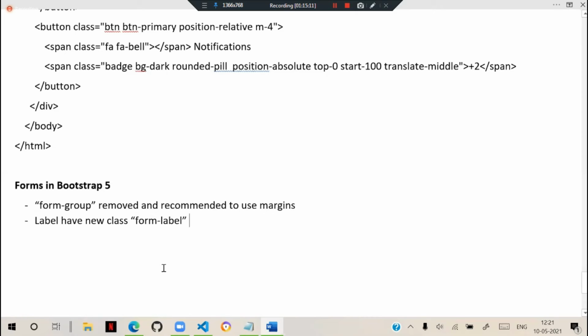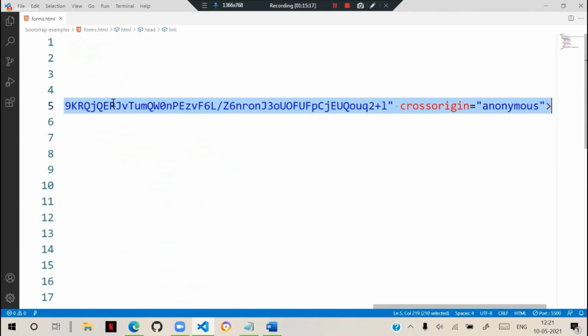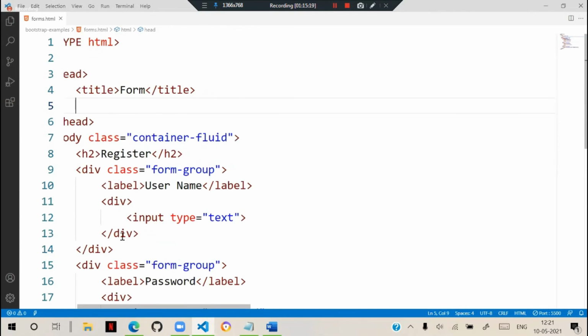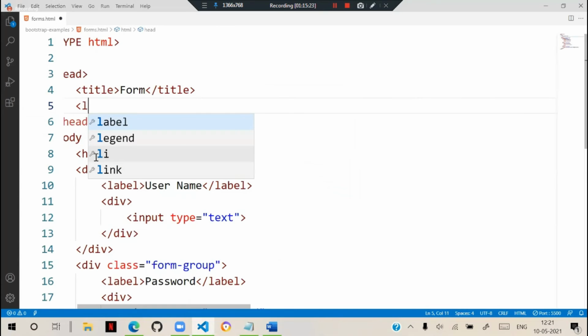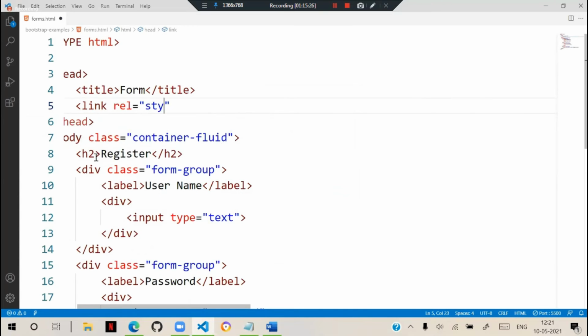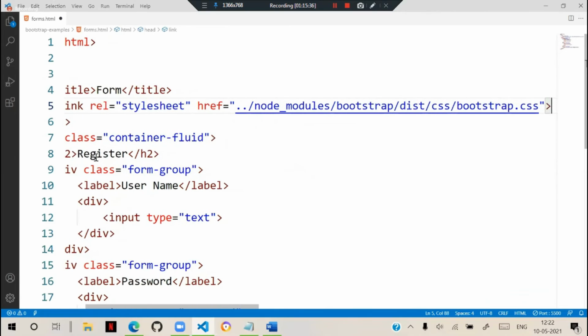Controls, I will tell you. In the latest version, I will remove the old Bootstrap now. Old Bootstrap is removed. Put the new Bootstrap: link rel is equal to stylesheet, and href is equal to node_modules/bootstrap/css/bootstrap.css.